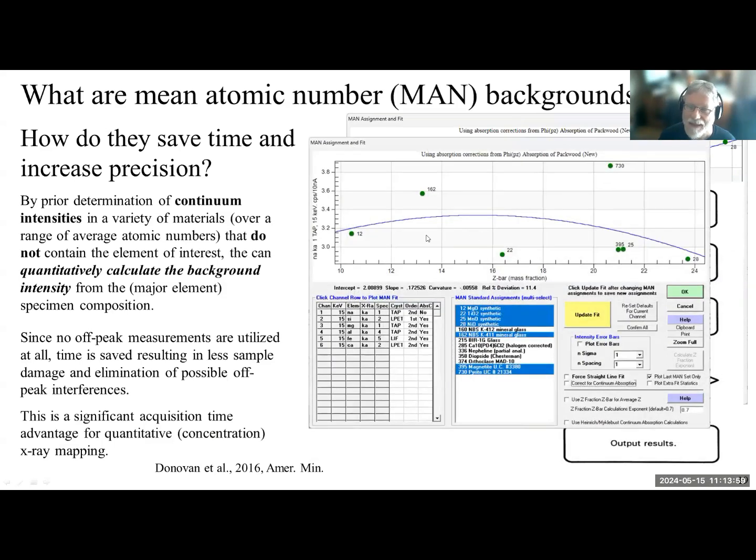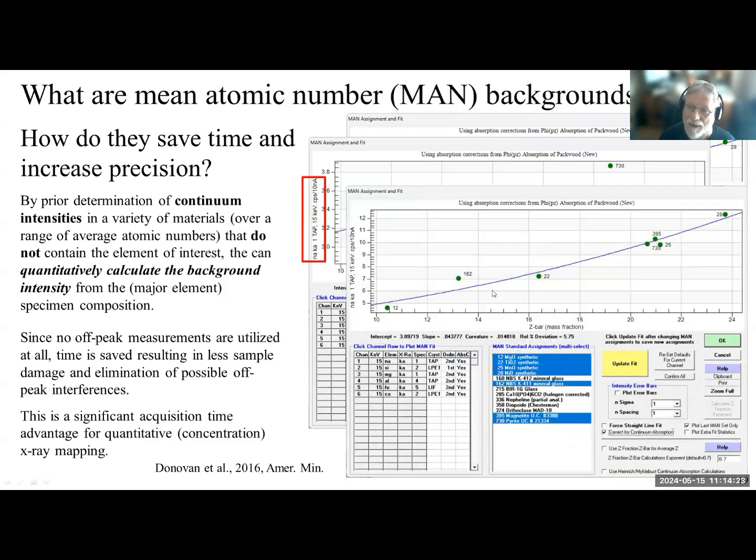If we take an example, and there's an important little physics detail here, which is that if we're measuring an element like sodium, we need to apply an absorption correction. And you can see here, this fit is not very good. And it's because we have not applied a continuum correction. This is by default always on in PFE, but you can turn it off just to see the effect. And if I turn it back on, so we get a variance here, a relative deviation of like 11%, and